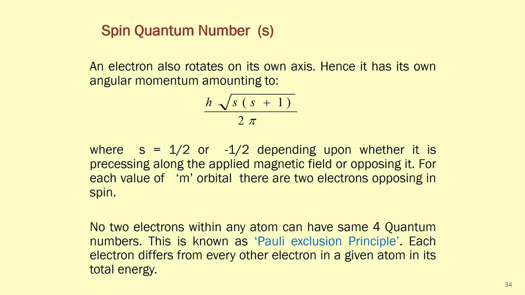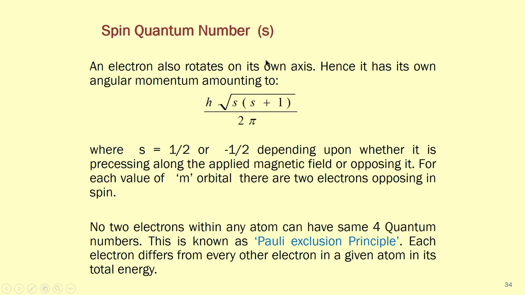By convention, clockwise and anti-clockwise movements are defined as plus half and minus half, because it is 50-50, and we cannot really differentiate which is clockwise and which is anti-clockwise, especially given the small size of the electron and our inability to see an electron precessing around itself. So, theoretically, yes, the spin quantum number is defined as plus half or minus half, but its angular momentum